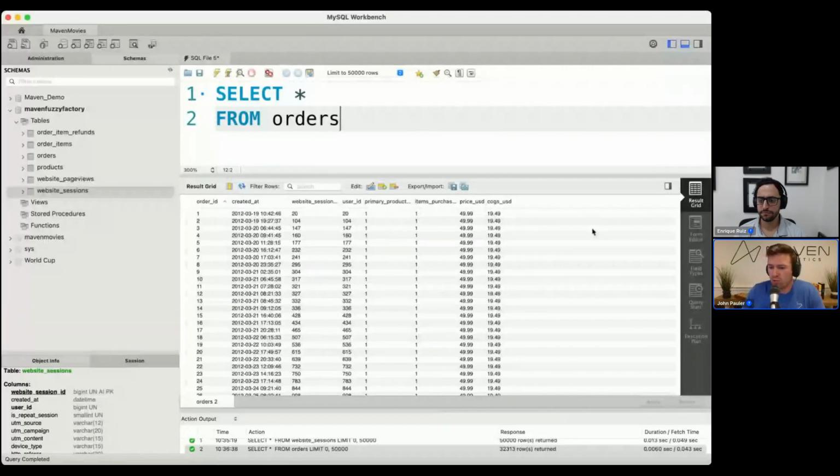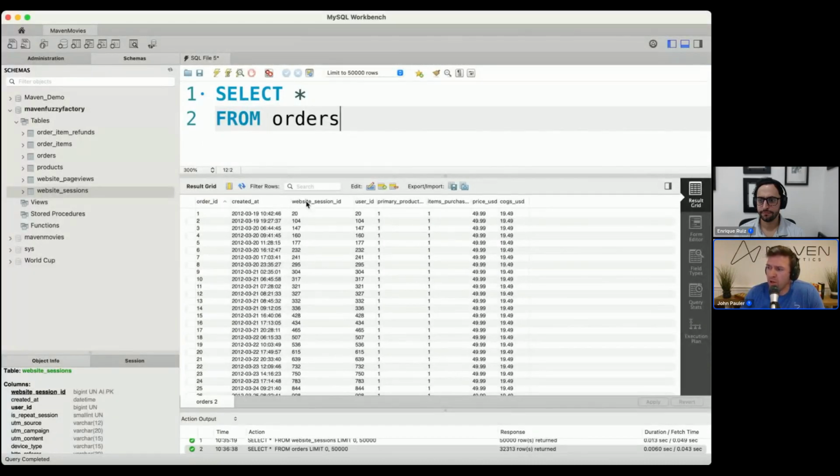So really, really useful. And then here we've got a couple of others, website session ID and user ID, and those are going to link out to other tables in the database. This is just a practice database we built. There's actually no user table, but there is a website session table, and I'll show you what that looks like.